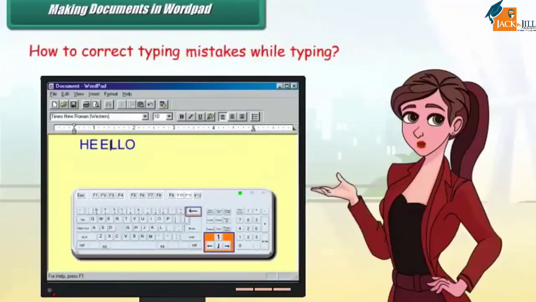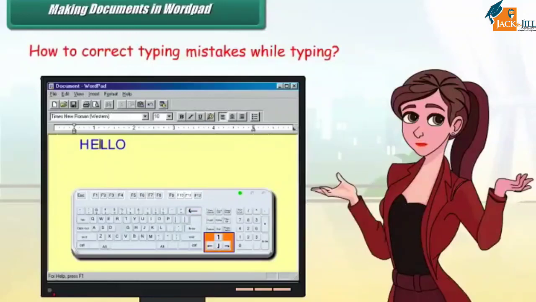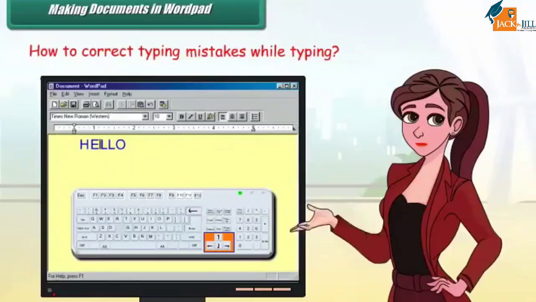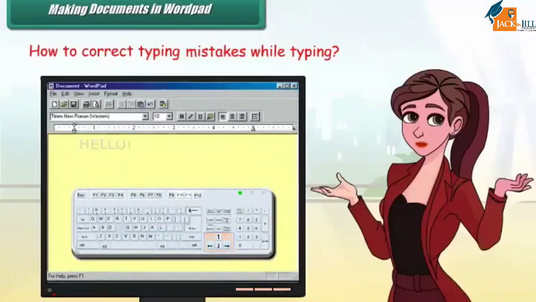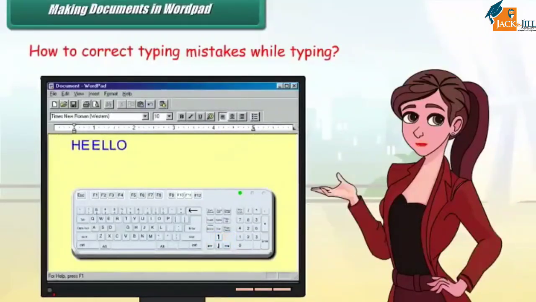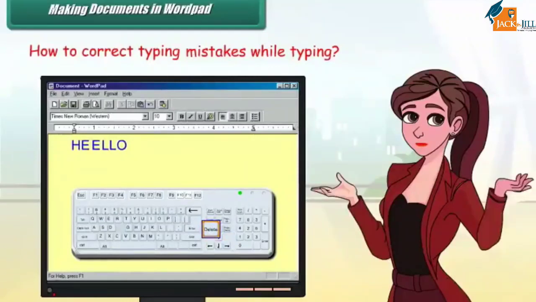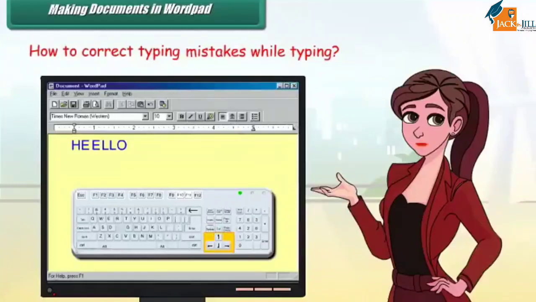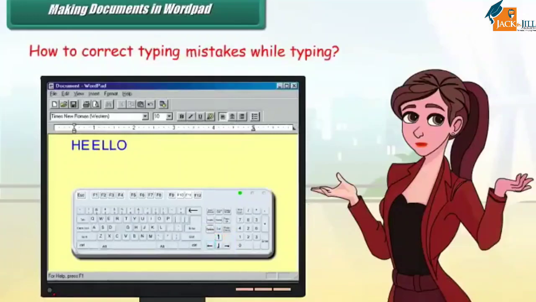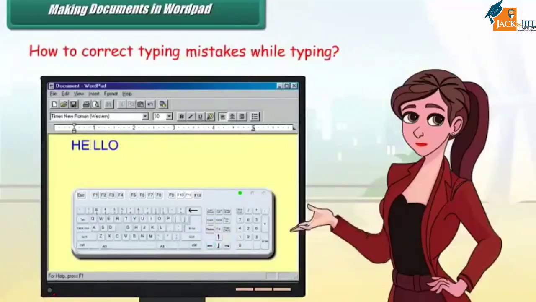Place the cursor before L and press backspace key once to erase the extra E. Delete key erases one character towards the right side of the cursor at a time. To correct the same mistake using delete key, place the cursor after the first E and press delete key once.